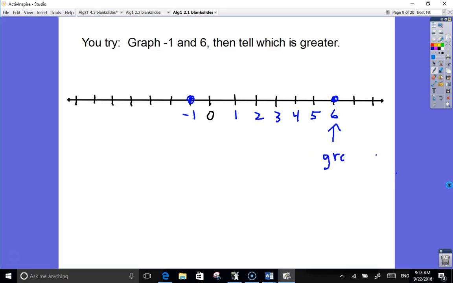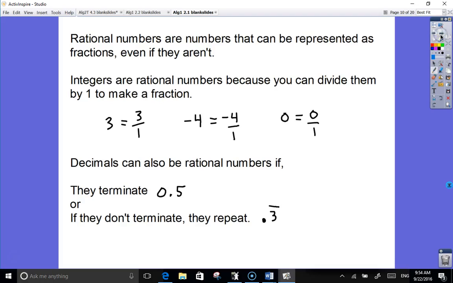Everybody agrees -1 is greater? Yes. No, 6. Of course, listen. I think 6 is greater. It might be. It's true. So